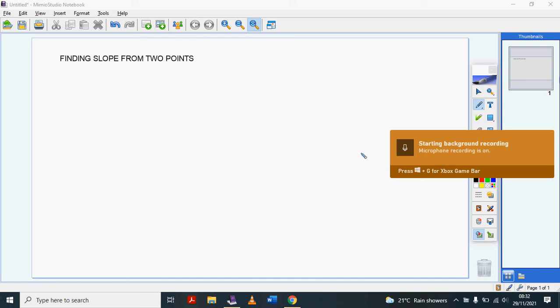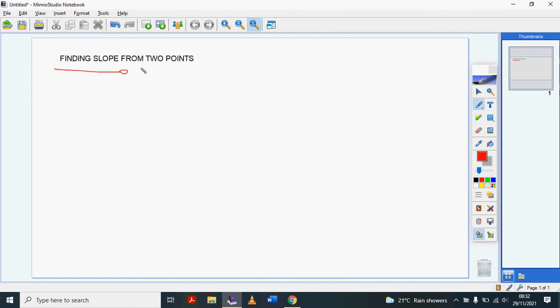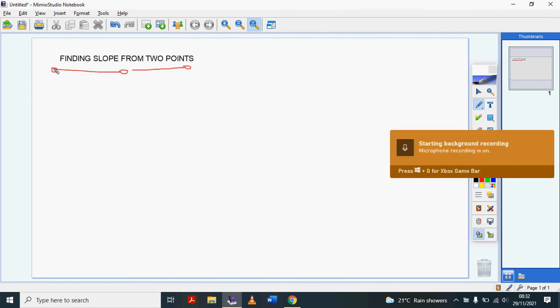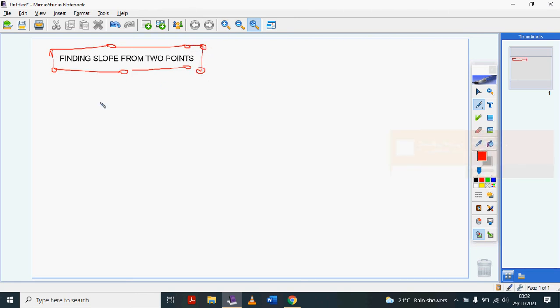Good morning, guys. So I was just about to assign you your study guide for this unit test, and then I realized that we didn't talk about how to find slope when you're given 2 points, right? I hope you guys remember that slope is simply rise over run, and we kind of touched on it when we were talking about tables, but I just wanted to clearly explain how you can find the slope of a